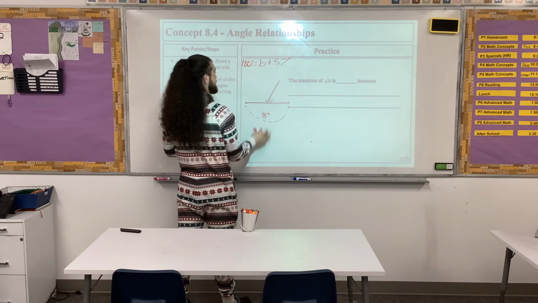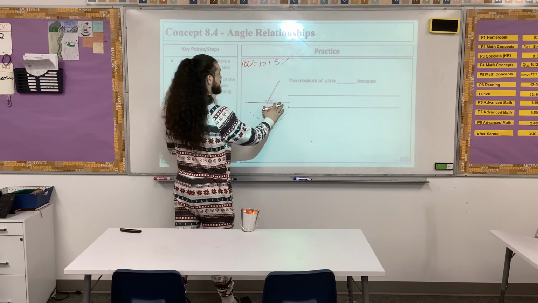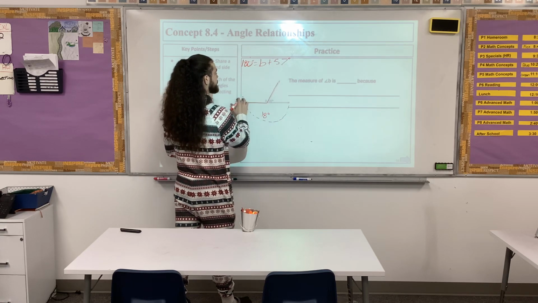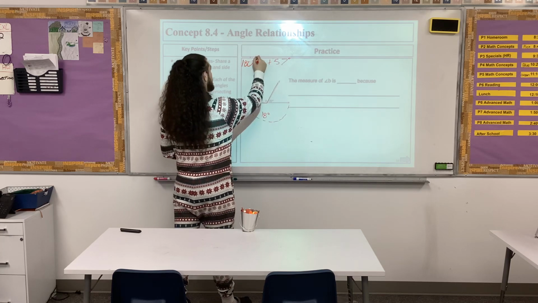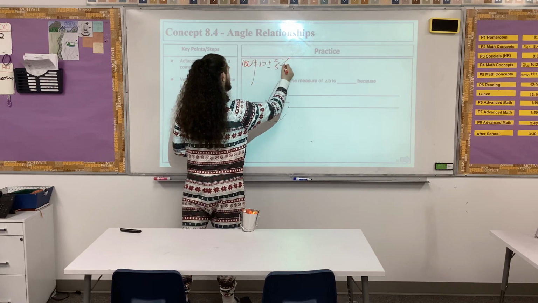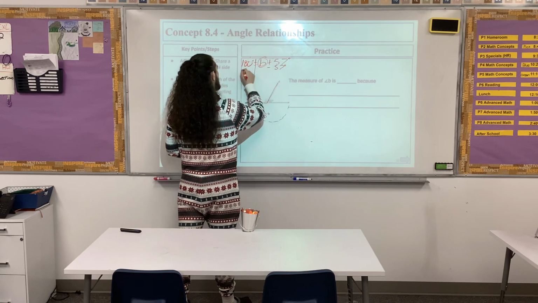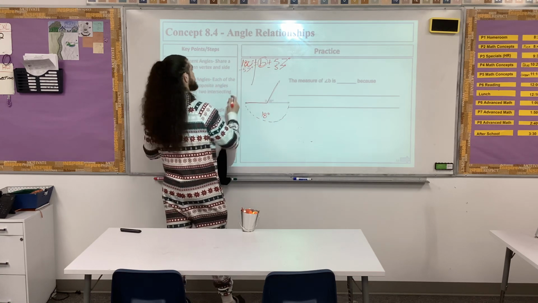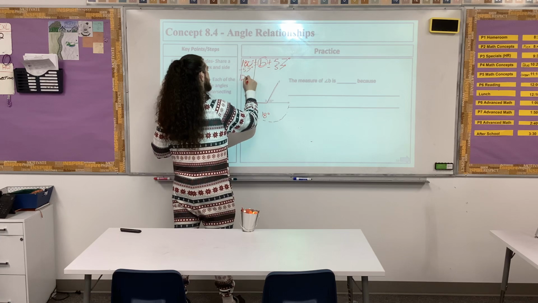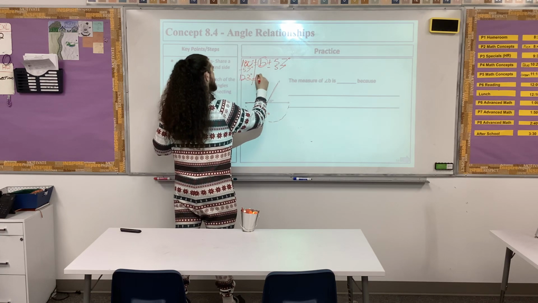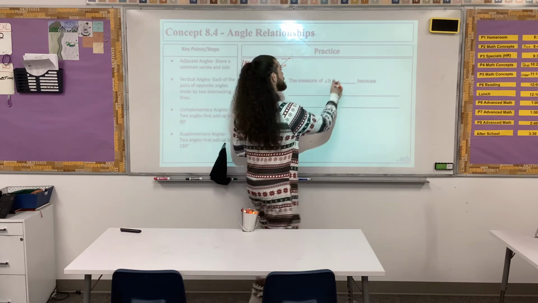I want to take away this 57 degrees. I want to get rid of this 57, right? So then I'm left with just angle B. So I'm going to take away the 57 degrees. That leaves me over with 123 degrees. So angle B is 123 degrees